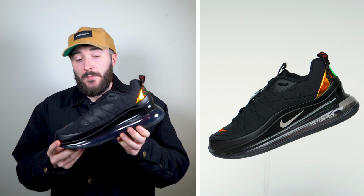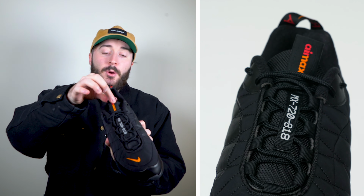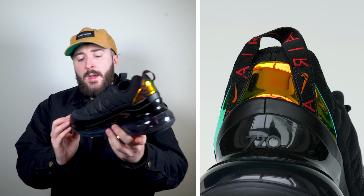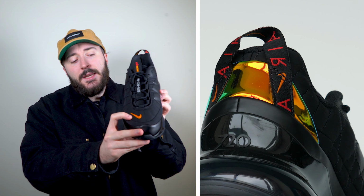But this is my personal favorite, coming with Air Max branded on the tongue and then MX-720-818 all the way down the tongue as well. This is then contrasted by this metallic kit across the heel and this nice little orange detailing with the swoosh on the toe box. Further MX-720-818 detailing can be seen on this chunky air unit,